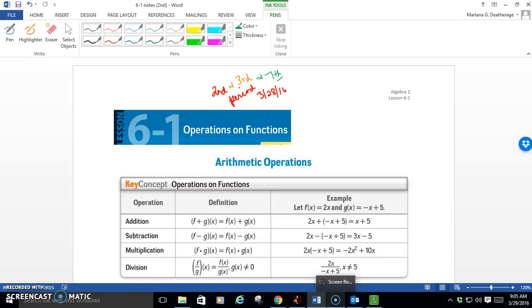Now, yesterday we talked about operations on functions: adding, subtracting, multiplying, and dividing. One of the main things that is new is actually the notation, and we talked about that yesterday. If you go right down here,